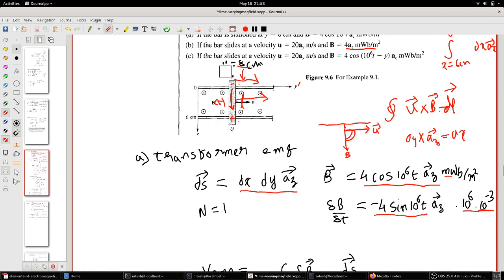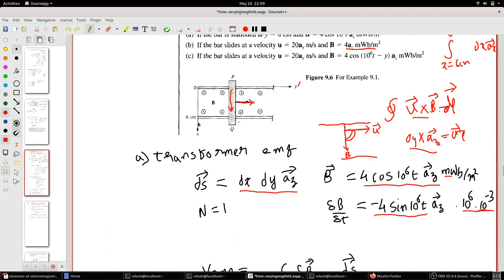What will be the direction of current for this guy? So yeah, now u is going in this direction, and b is changing, coming towards us. So again the same scenario like this, and the direction of your b, u cross b, ay cross az, will be ax, right? So that will be the direction of u cross b vector. U cross b vector is ax, so the direction of the current will be this way, okay?